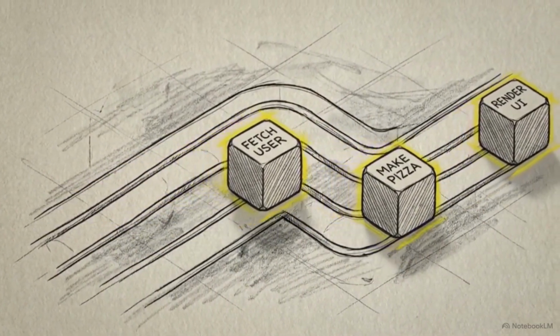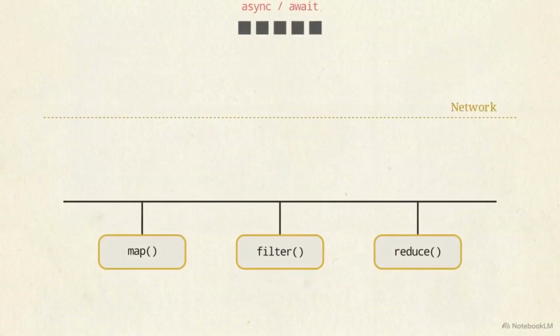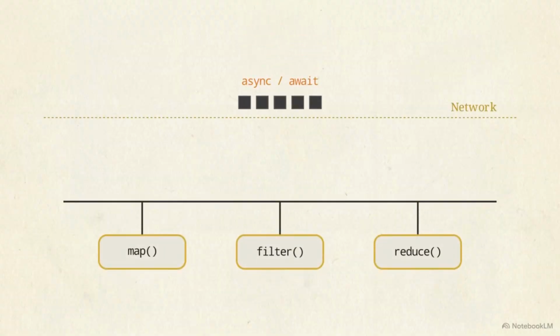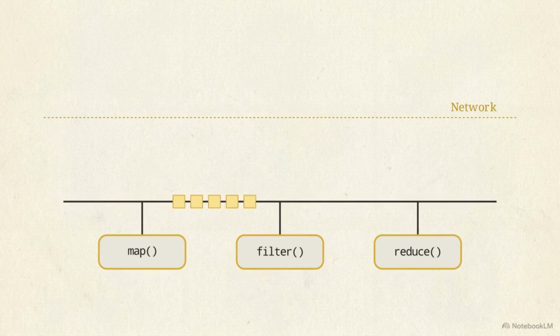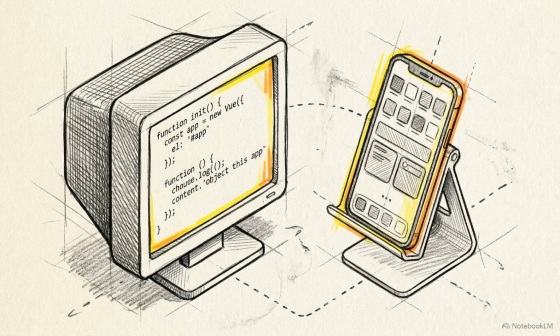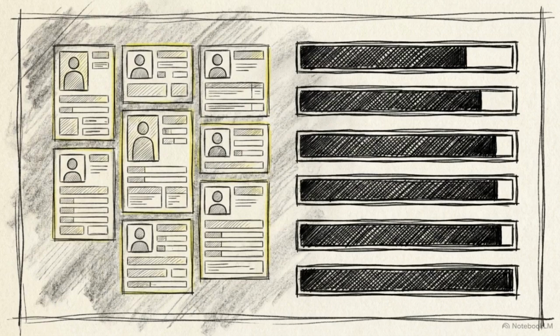Modern data pipelines merge these two domains. They rely on async await to secure raw data arrays safely across the network, and declarative methods like map, filter, and reduce to transform those arrays upon arrival. Combining these abstractions produces codebases that are highly readable and resistant to errors, from the initial backend fetch to the final front-end render. By abstracting the manipulation of state and the management of asynchronous time, modern JavaScript provides a framework for building complex, non-blocking applications while keeping the underlying logic